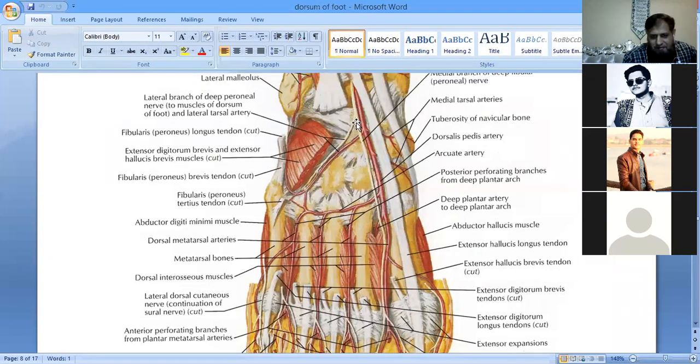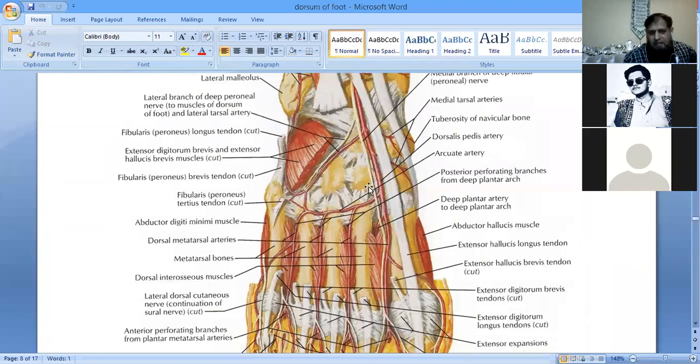okay, this is the deep peroneal nerve. It is running downwards, lying on the lateral aspect of the dorsalis pedis artery, and then it is going to give the two branches, the medial branch here, which is going to supply this one. किसको supply कर रही है? The cleft between the first and the second toe. ठीक है ना? And the second branch is over here, that is a lateral branch, and it is going laterally along with this lateral tarsal artery, which is the branch of the dorsalis pedis artery, right? And these are going towards the एक्सटेंसर डिजिटोरम ब्रेविस को सप्लाई कर रही है बेटा, ठीक है।